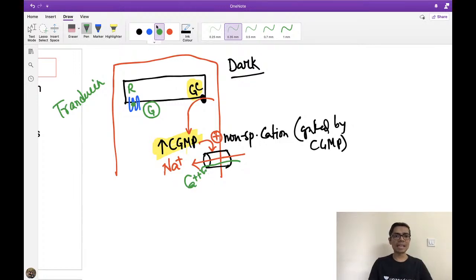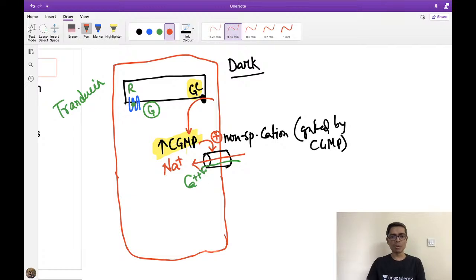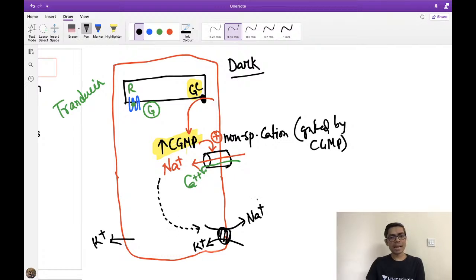Because of this sodium and calcium entry, there is flow of some current inside this rod cell. So sodium is entering into the outer segment. At the inner segment, there is the sodium potassium ATPase pump, which throws sodium out of the cell again and takes potassium back inside the cell. Potassium will go out through a different kind of channel. So the sodium which has entered from the outer segment reaches the inner segment. So this is inner segment, this is outer segment.